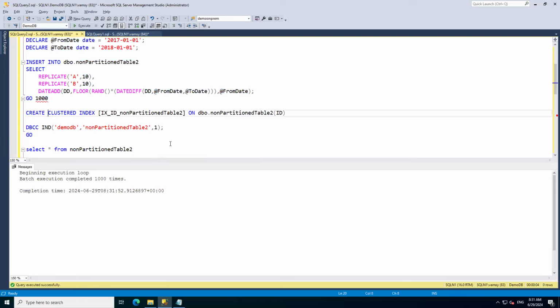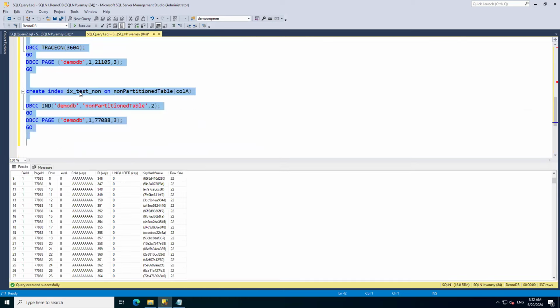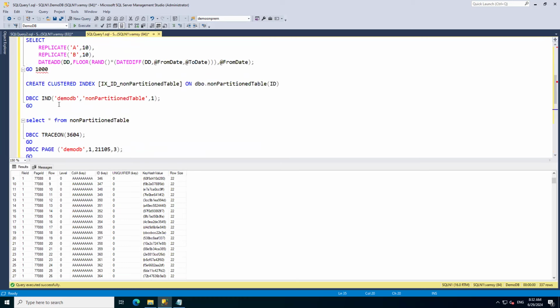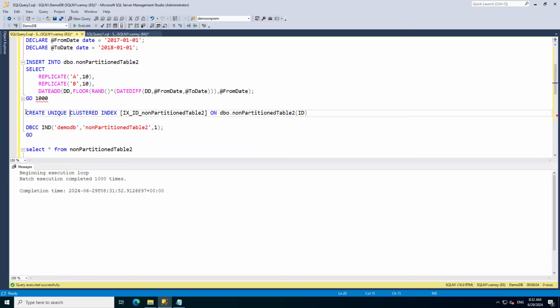And now this time I'm saying create unique cluster index. Okay, I'm not saying create cluster index. Last time I said create cluster index, but this time I'm saying create unique cluster index. The only keyword that is missing from last time is unique. Nothing else changes. So I'm going to create unique cluster index and observe the pages just